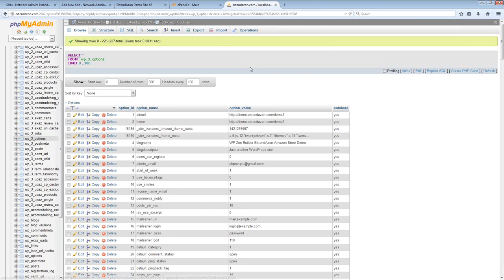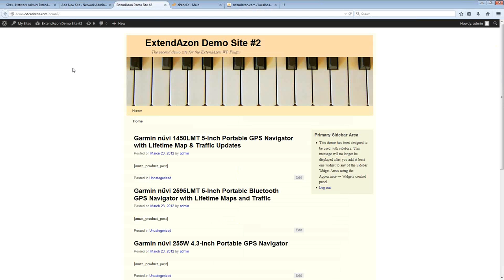So, with the files moved and with this database information copied and replaced over, I should then be able to go back to my site and refresh it without doing anything else, and this site should look correct now. So I'm just going to go up here and refresh now,